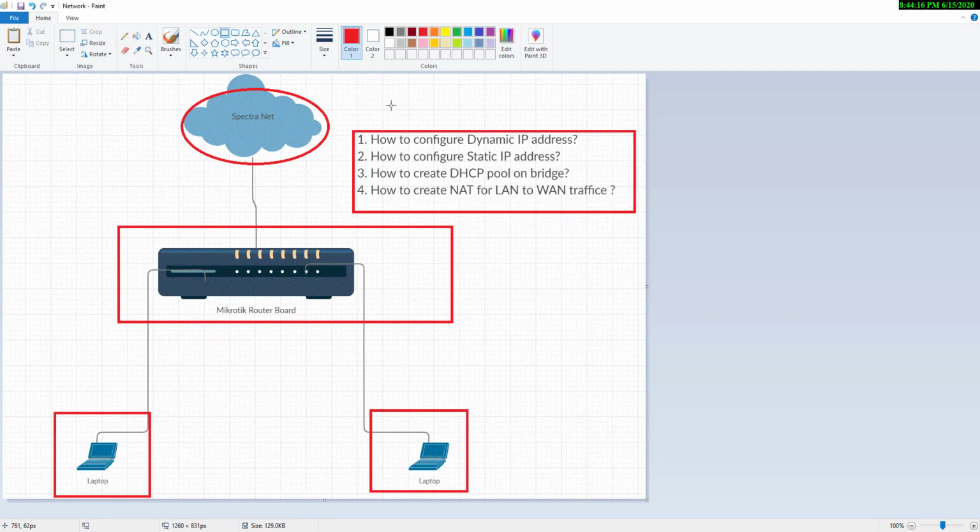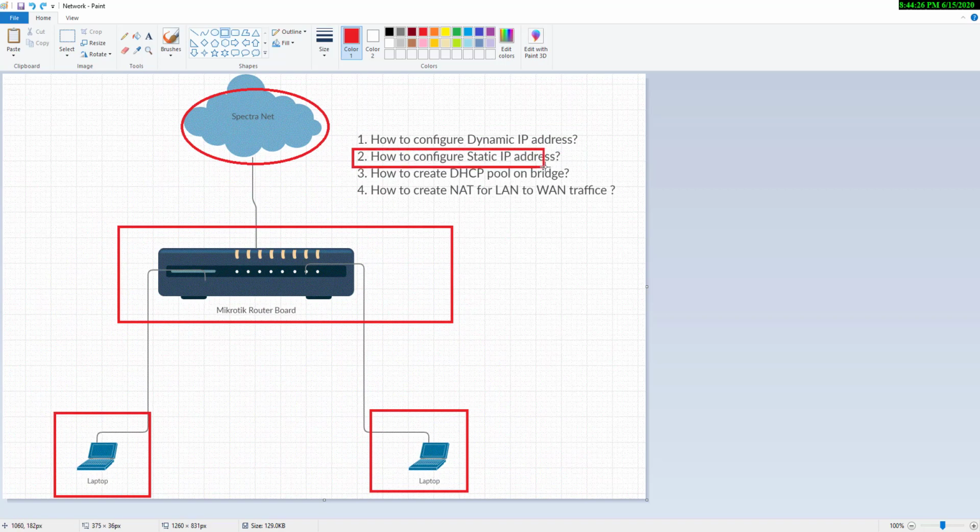Here you can see the first question: how we can configure a dynamic IP address on your MikroTik router board. The second one is how we can configure a static IP on your MikroTik router board. The third is we have to create one bridge, and on that bridge we have to make the DHCP server.